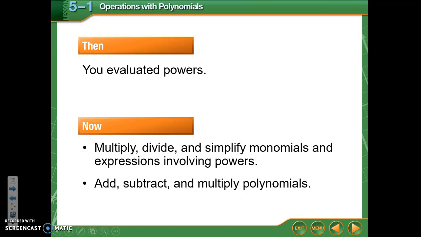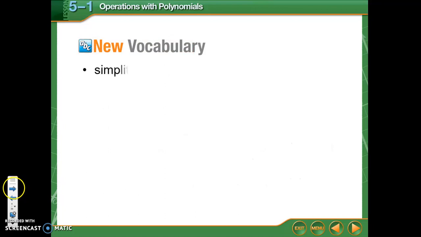Chapter 5 is all about polynomials, and in this first section we're going to talk about all of the different operations we can do with polynomials. We have two main objectives. One, to multiply, divide, and simplify monomials and expressions that involve power. So this is basically going to be a review of exponent rules that you should know from Algebra 1 and Geometry. And our second objective is to add, subtract, and multiply polynomials, which is also a review from Algebra 1 and Geometry. So the new vocabulary today that you should look for is simplifying, although that's not really new, and